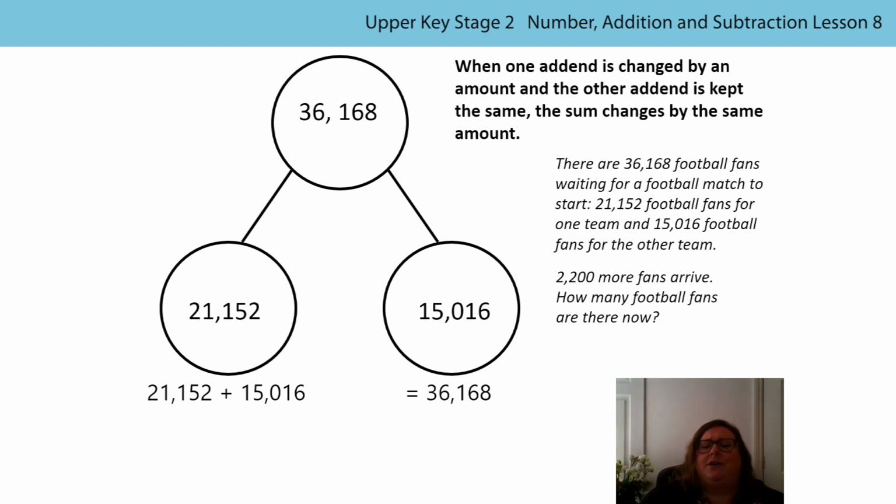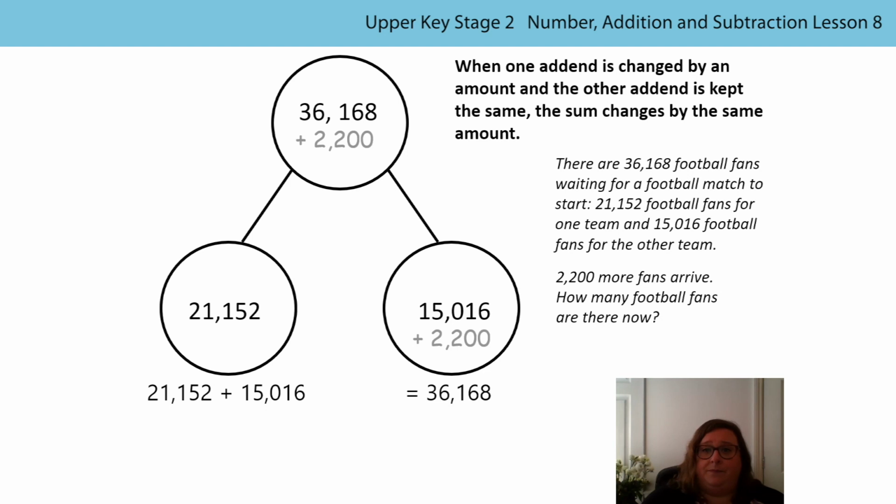How would you choose to solve this problem? Would you prefer to do a written method? I could solve it that way, but it's not the most efficient strategy. Which addend would you add on the 2,200 to? I've decided to add it to this one. Do I need to work out what the new value of this addend is? No. I know what the value of the change is. I know it's add 2,200. So I just need to make sure that I add it on to the sum,